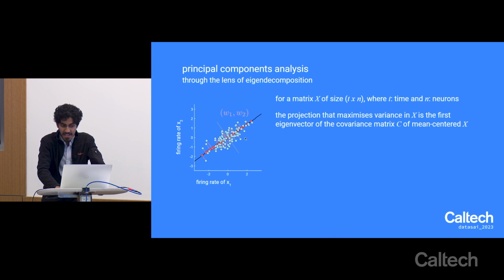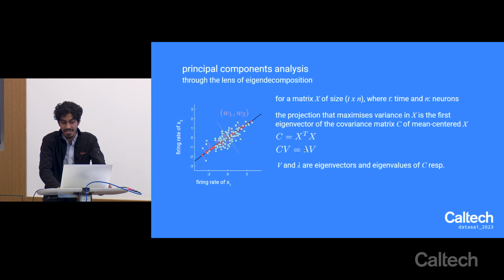So what you want to do is find a projection in our data that is going to basically maximize variance, which represents the spread of these pink points in our data set. And we can actually prove and show that the dimension or projection that maximizes variance is the first eigenvector of the covariance matrix of X. The covariance matrix of X here is going to be X transpose X. That's how we calculate the covariance matrix. And if you perform an Eigen decomposition, which is given by this particular equation, which in this formulation is CV equals lambda times V, you're going to get out things that can give you your principal components.